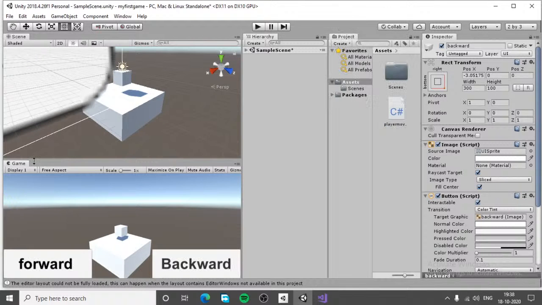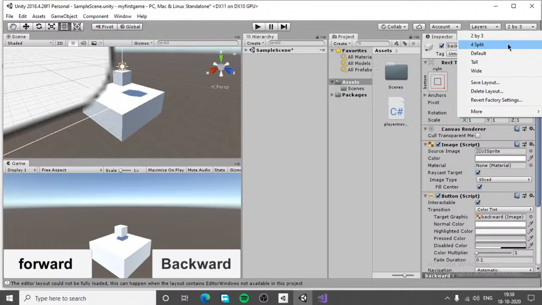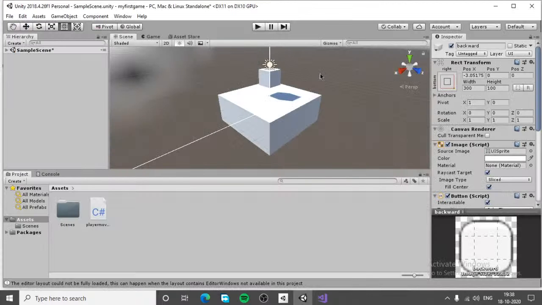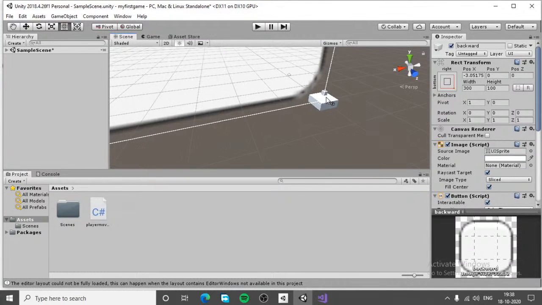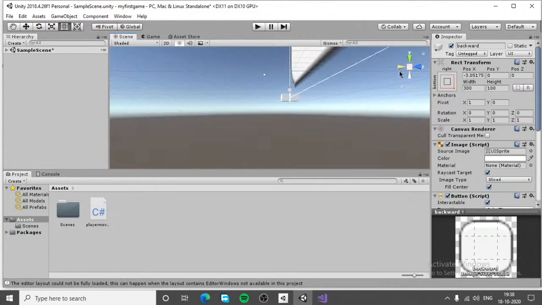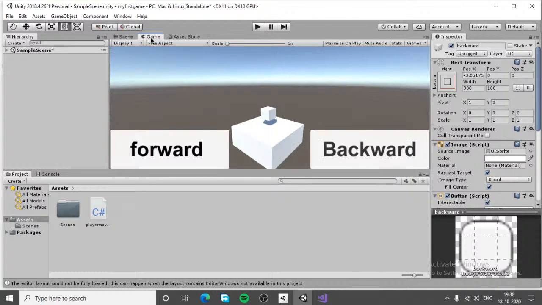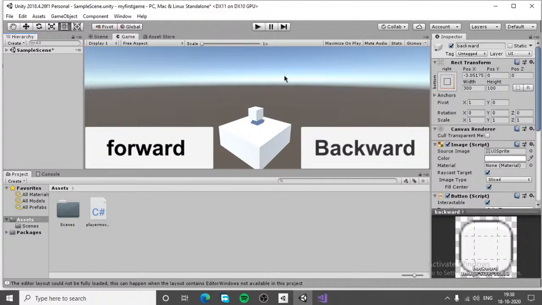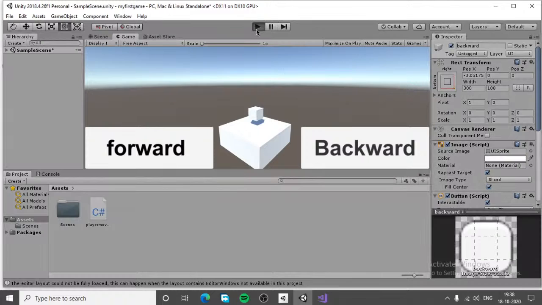So that's not a good layout. Default. So that's good. And now you could see scene view only. You could shift to the game mode, and this is quite nice. We provide forward and backward. And in mobile games, if the buttons are as big as this, we cannot enjoy the game. So we'll make these buttons a bit invisible and make them further small. So if you click, it goes back, and we could not see that